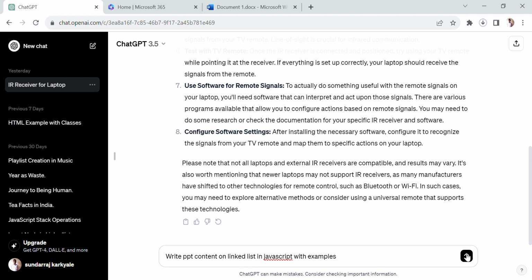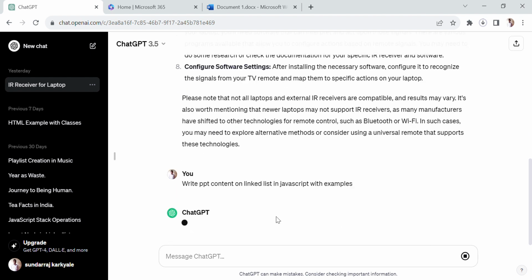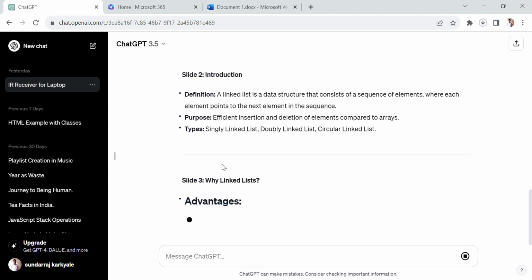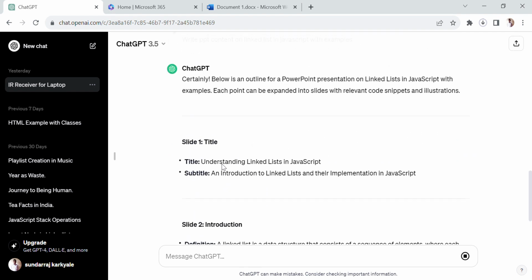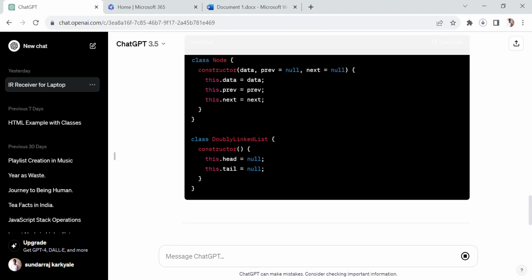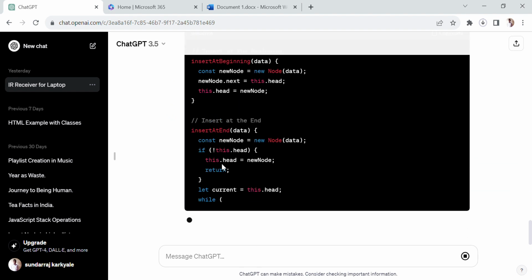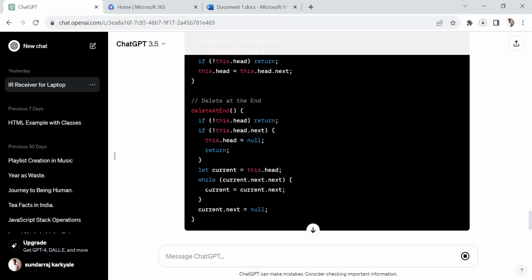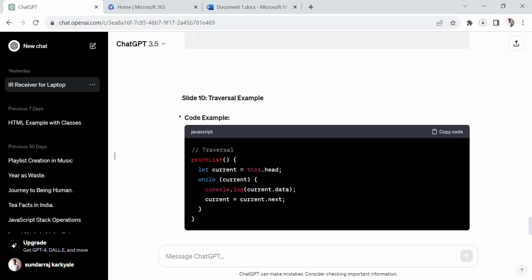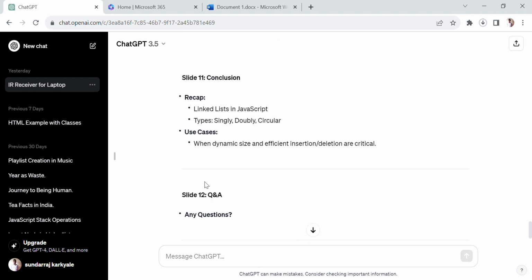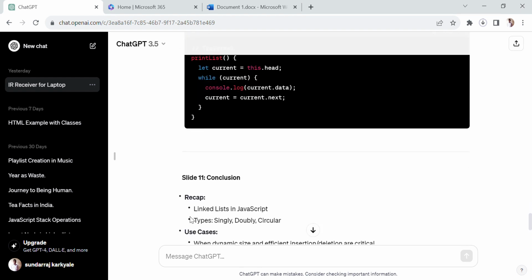So I will submit this prompt, and now you can see I got a response from ChatGPT. I will wait until this response rendering finishes. So you can see that the last slide is Any Questions. So total 12 slides are generated,